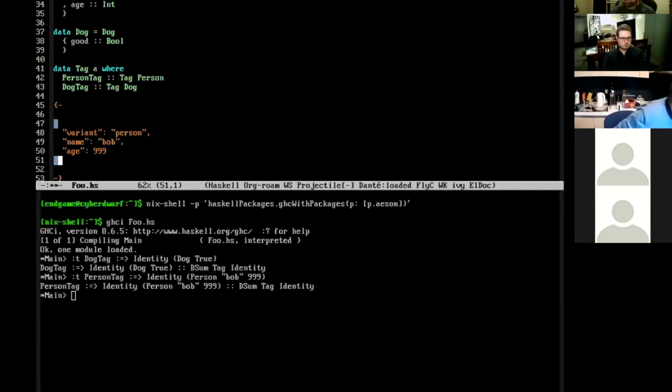And if you have that, then you have a person. If this tag is different and says dog, then you expect the rest of the fields to be the fields for the dog.